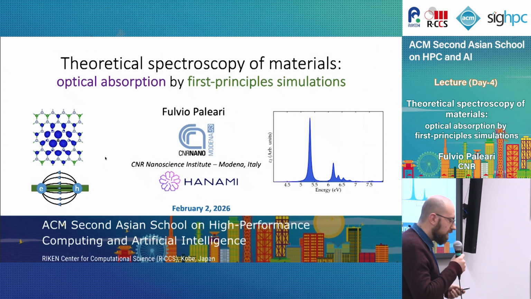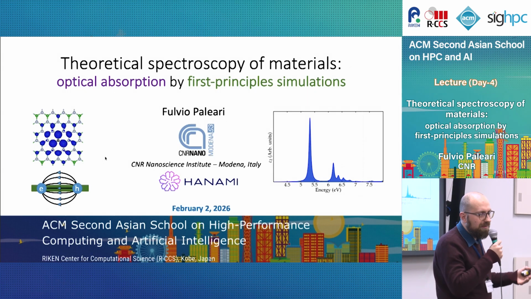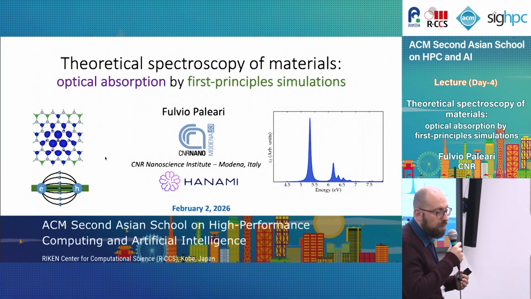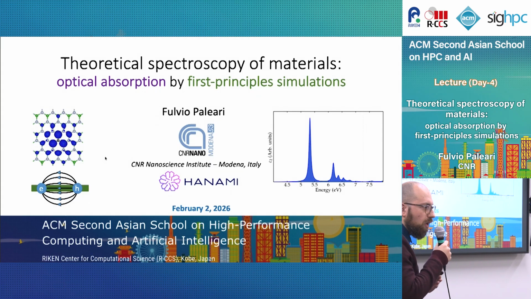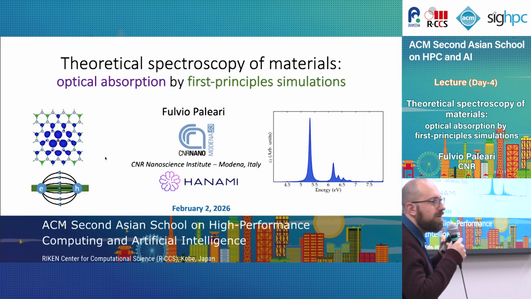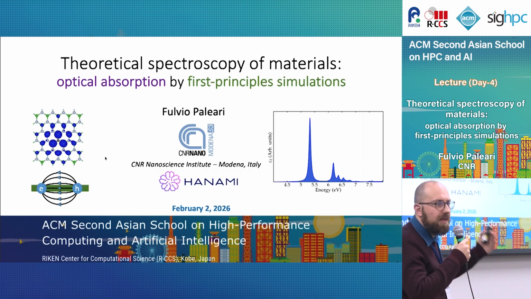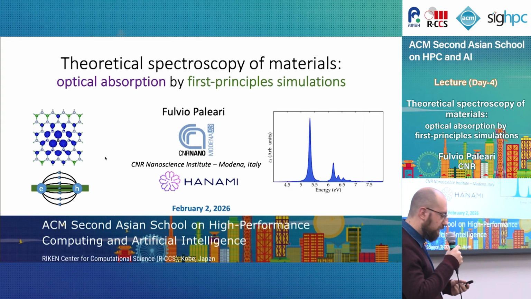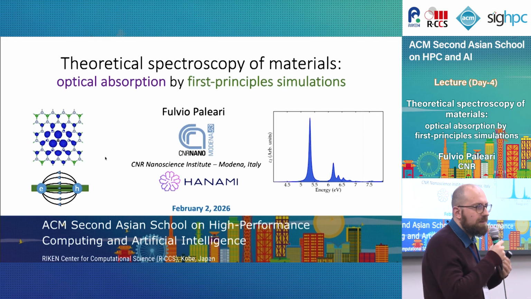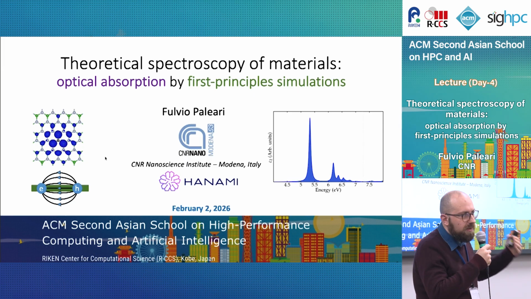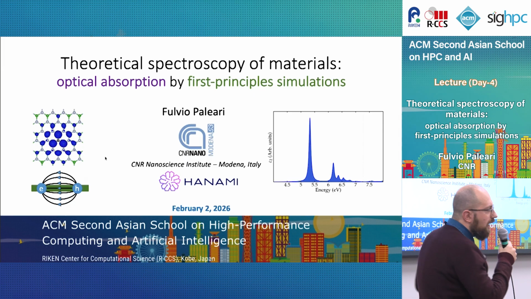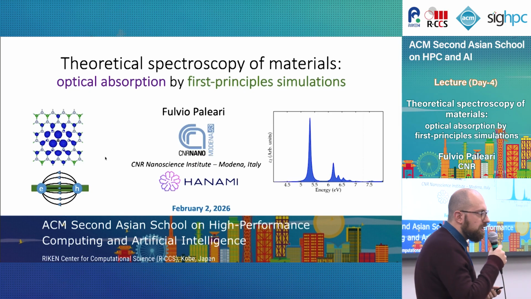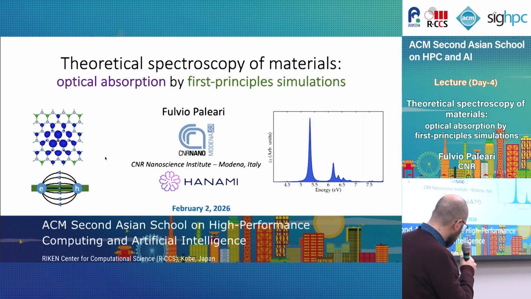But then he also mentioned this is still not enough in some cases to reproduce spectroscopic observables, such as optical absorption spectra and the related ones, such as reflectance, transmittance, and also others, such as electron energy loss spectra, and so on. This is still a many-body problem, but we didn't completely solve it with the previous lecture, and now we will see how we try to describe what are called neutral electronic excitations.